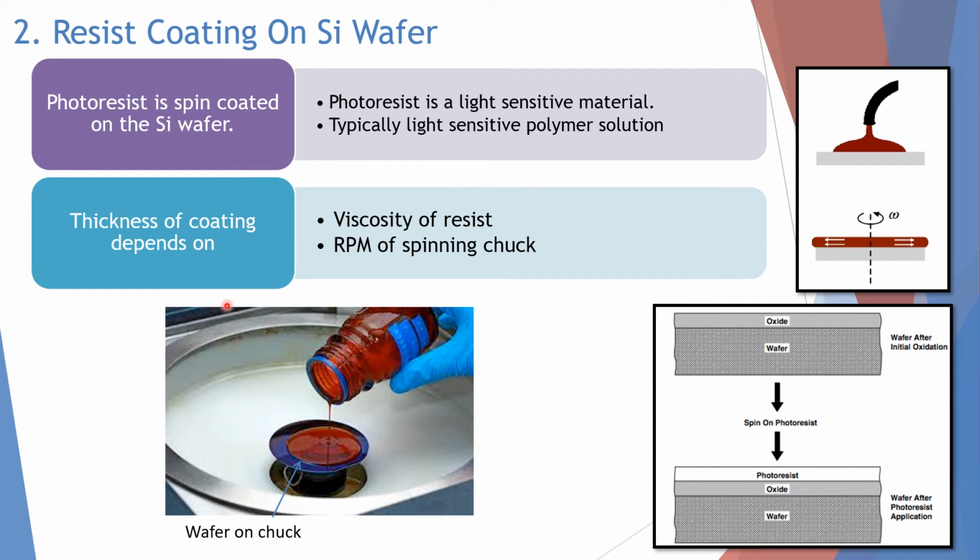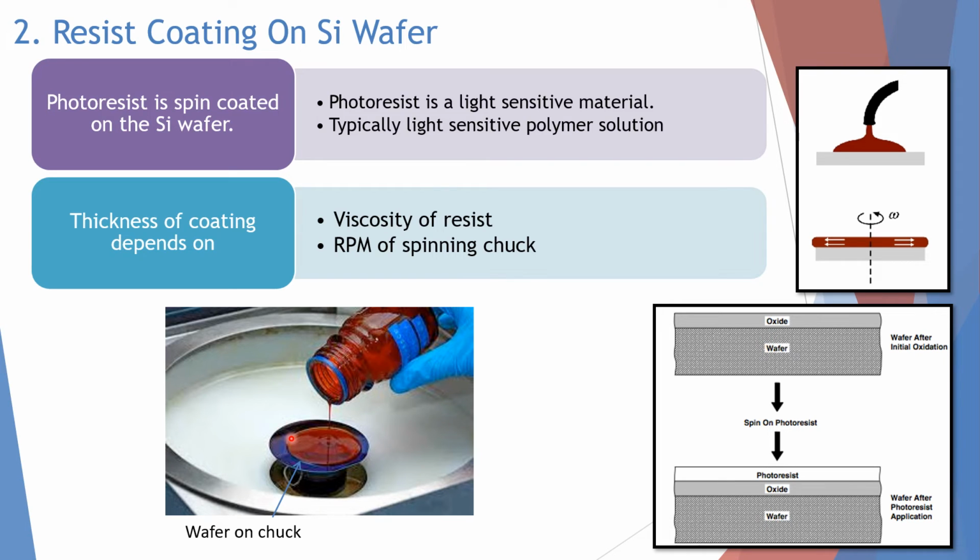So the thickness of the coating will depend on the viscosity of the resist, meaning how viscous the resist is. If the resist is very high in viscosity, then maybe the layer will be very thin. If the viscosity is low, meaning it's very thick, then a thicker layer will remain on the surface. It also depends on the RPM of the spinning chuck. If this is rotated very fast, then maybe less resist will